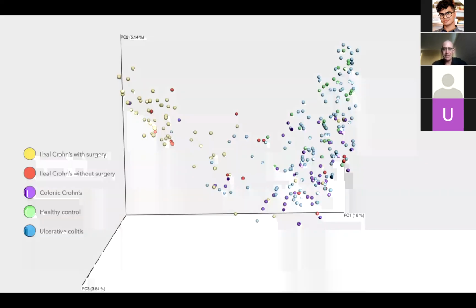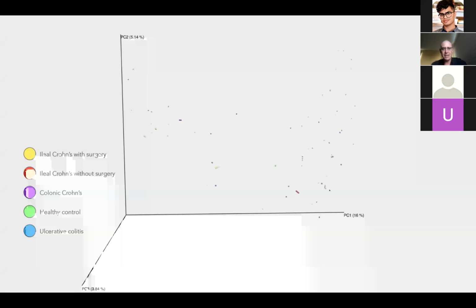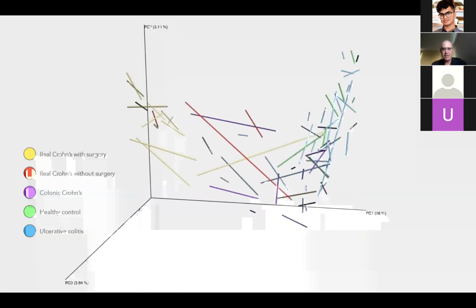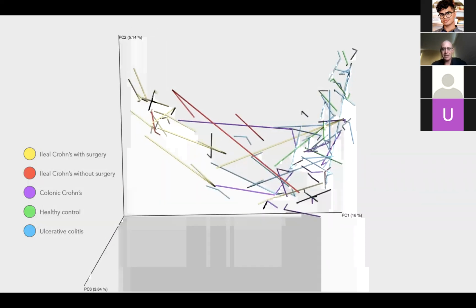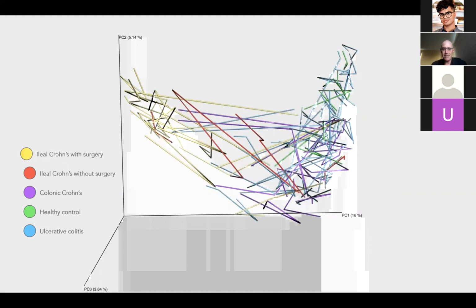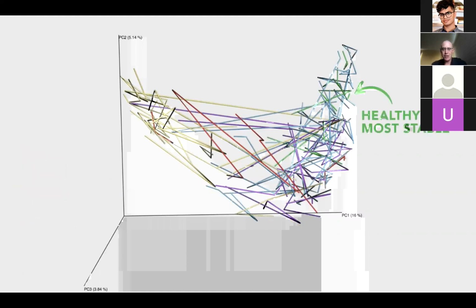And so we worked with Janet Jansen to expand this to a larger cohort. And what you can see, I want you to focus on the red and the yellow traces, which are ileal Crohn's patients. And what you can see is that those lines are very long as we animate the trajectories over time, whereas the healthy controls in green especially are restricted to a very small region of the configuration space. And so what you can see is that the people with ileal Crohn's especially are changing a lot more, and they're exploring completely different regions of configuration space than the people who are relatively healthy.